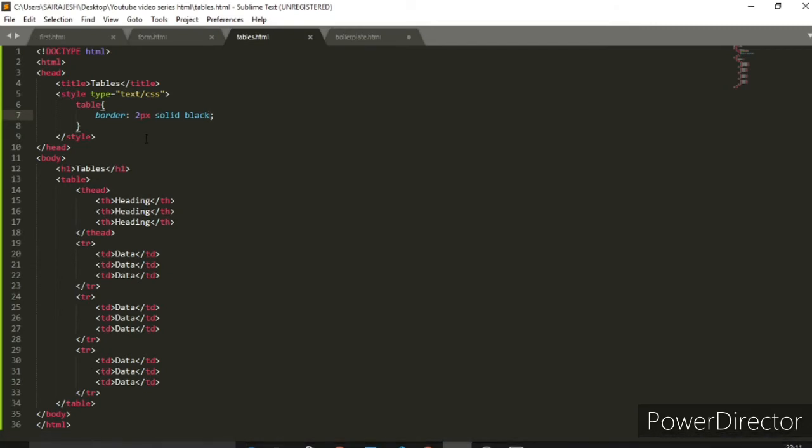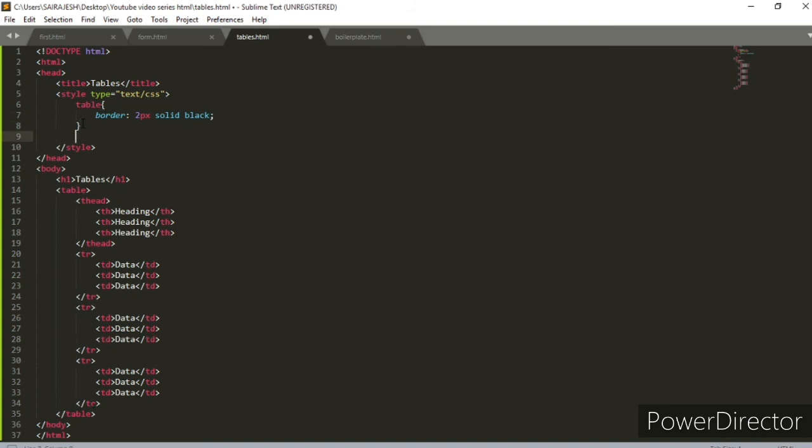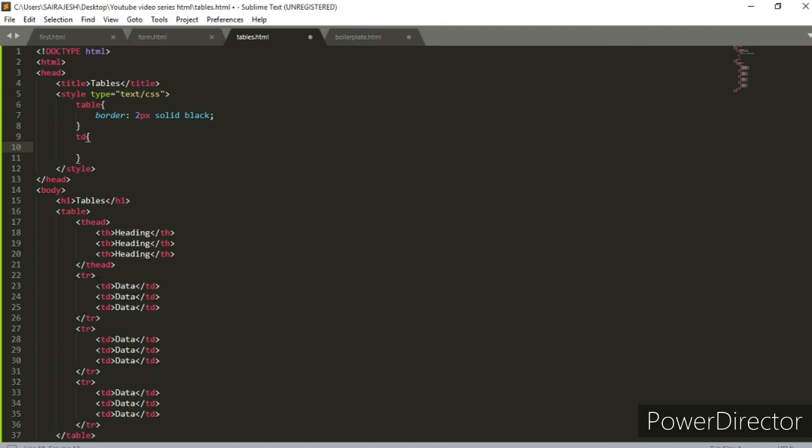Now let's go back and try to put some styling for the rows also. For selecting that, we can just use tr. For each of the table rows you can put in an element, or you can even do that for td also. That also works. So let me do it for td. Based on what you want the styling to surround, for each of these td tags which I have written here, whatever styling you put here is going to apply. You just understand it that way. For the table, around whatever elements are inside the table, you're going to put a border like this. So that's what you can understand from that.